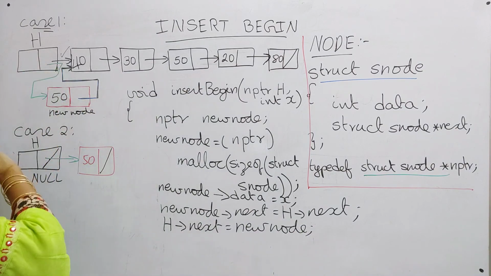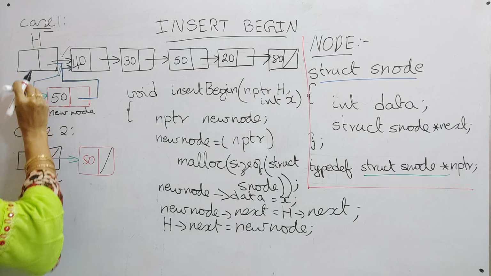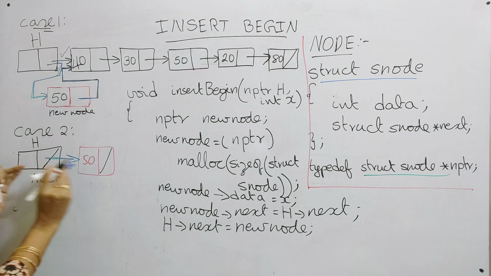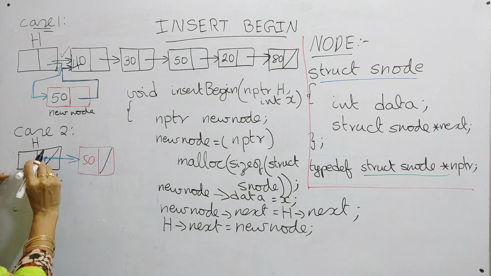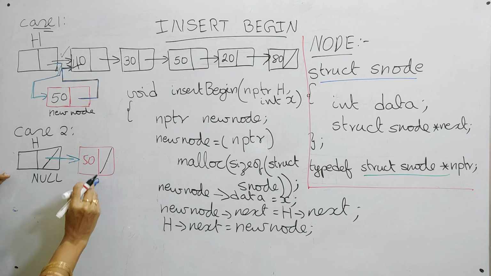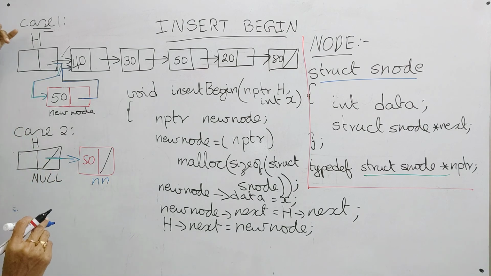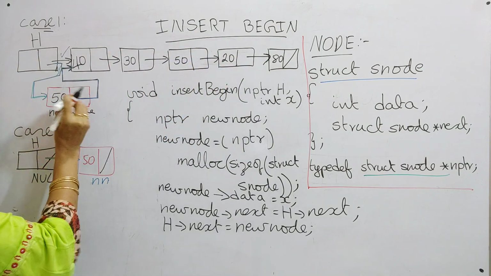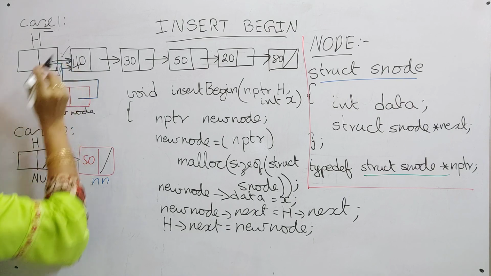H next is this one, and we are giving it as this one. Here, because this is the first node, this null is placed here and this is assigned to new node. So this is the new node. This case is satisfied, and also there is another case where we have a list. In that case, what will happen? First we have assigned this link, so this link is also there at that time.